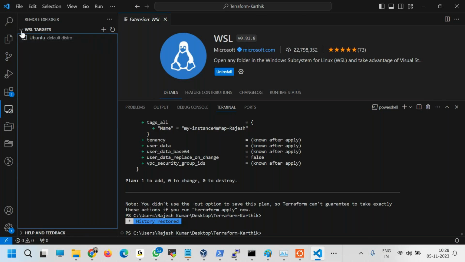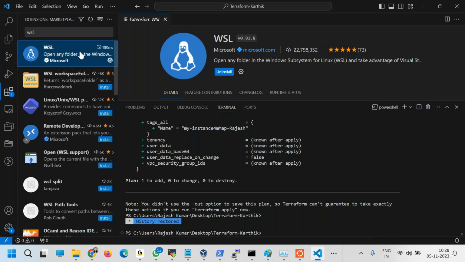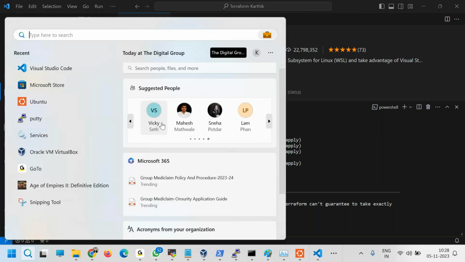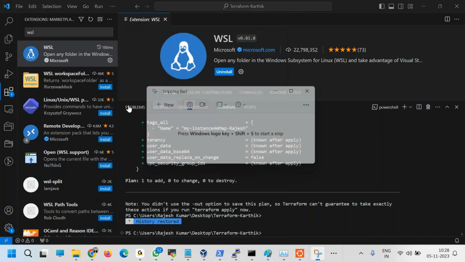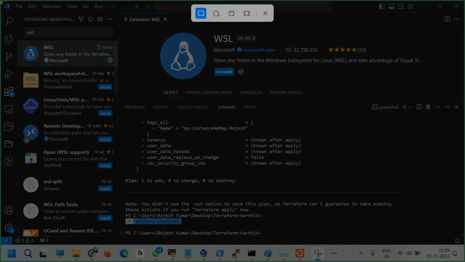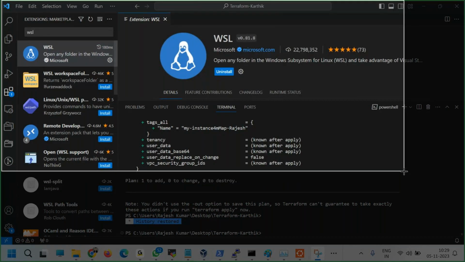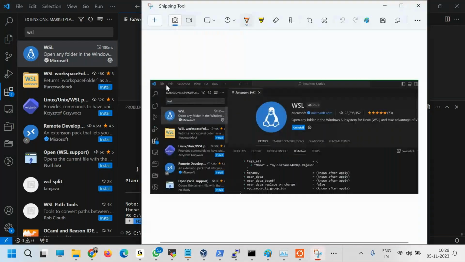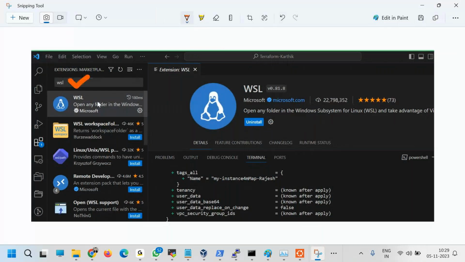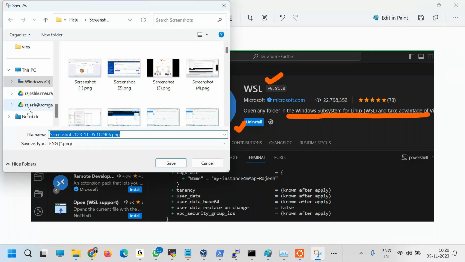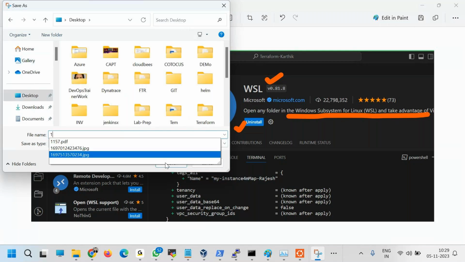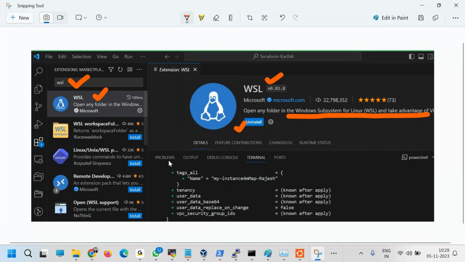Okay, so let me do one thing. Let me take a snapshot, so that way I can post it. So first thing, this is the one. Search for it and install it. Read this line. Okay, so this is the image one. I'll publish it after some time. One. Okay, and now second thing, after that you have to click on